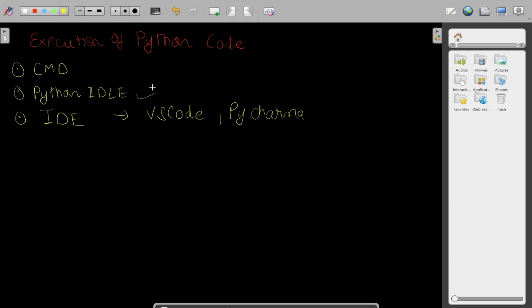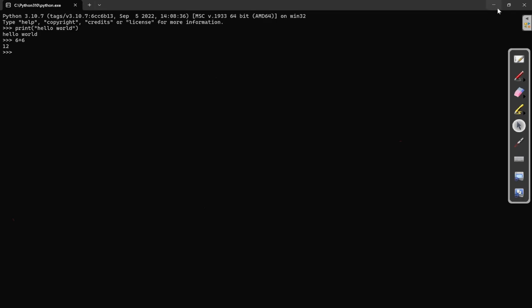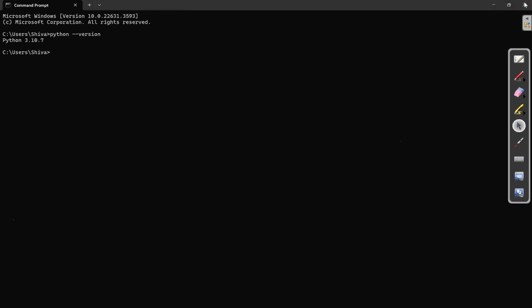So let's use the command prompt. Let me first close the IDLE. This is a command prompt. If I want to execute Python on my command prompt, I first need to type the command python and click enter.